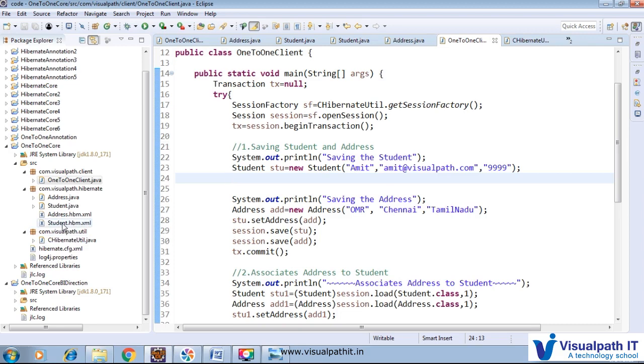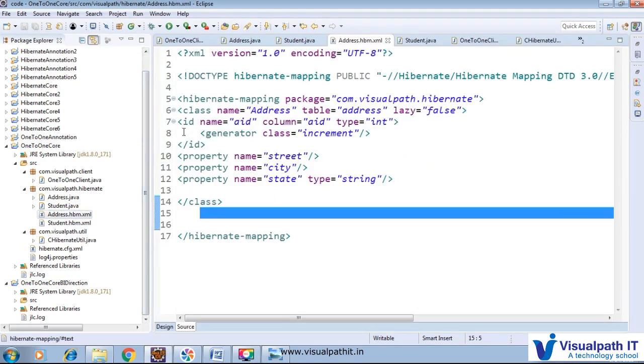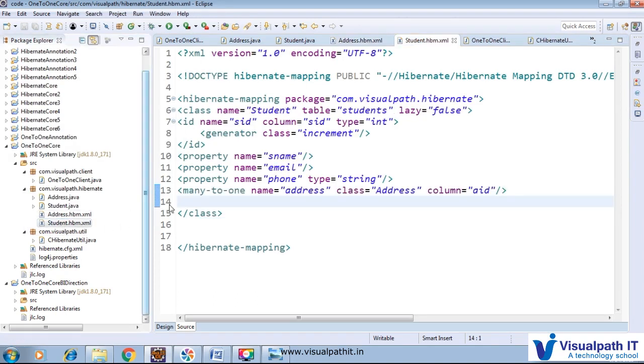So in the address class we need not change anything, because we are not going to get a student from it, but in the student class we have to map this many-to-one, name, address, class, address, and this